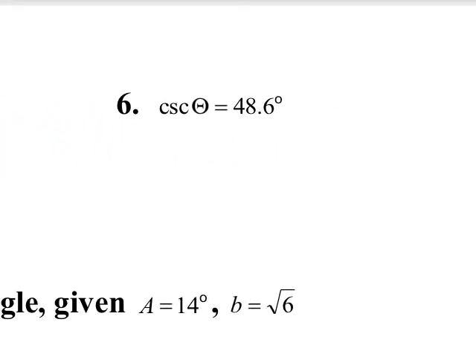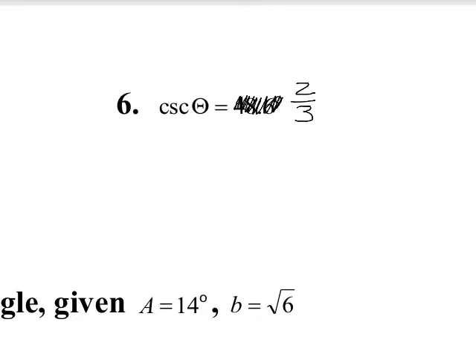Let's take a look at this one right here. Okay. So how on earth would I figure this out? Oh, well, first of all, sorry, I have a little bit of a typo here. So let's just say instead of cosecant is 48.6, that doesn't make much sense here. Let's say I said cosecant theta is equal to 2/3. Let's just do that. Well, if it is equal to 2/3, again, I'd love to be able to do